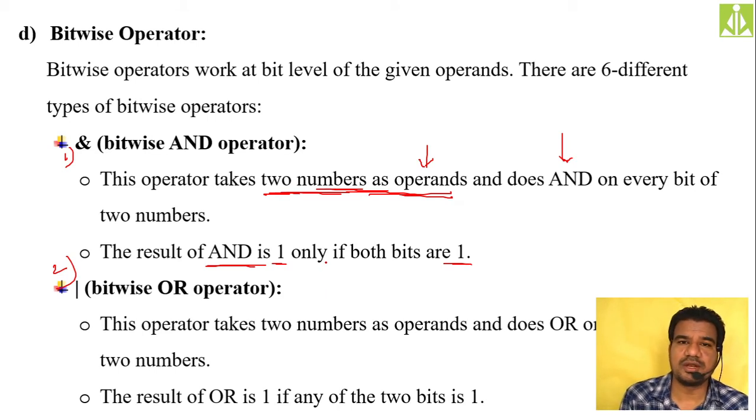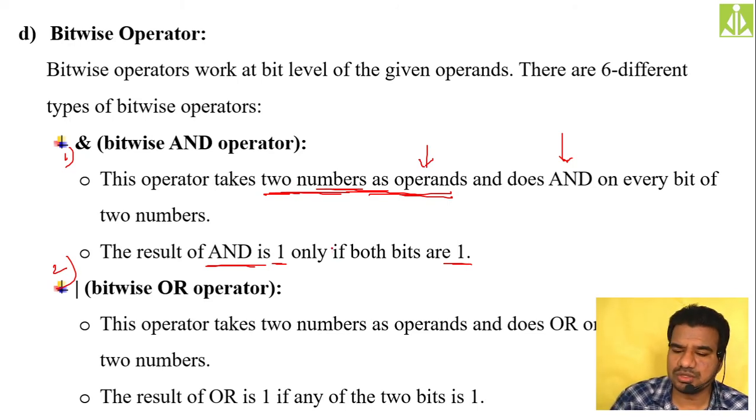In bitwise AND, we are going to perform this operation between two numbers. When you have converted those numbers into binary and you're checking the bits in those two numbers, if both the bits which you are checking are 1, you will get the resultant value 1. If you have different bits, like in one number it is 0 and in the other number it is 1, then you will get 0 only. And if you have both bits zeros, in that case also you will get result as 0.